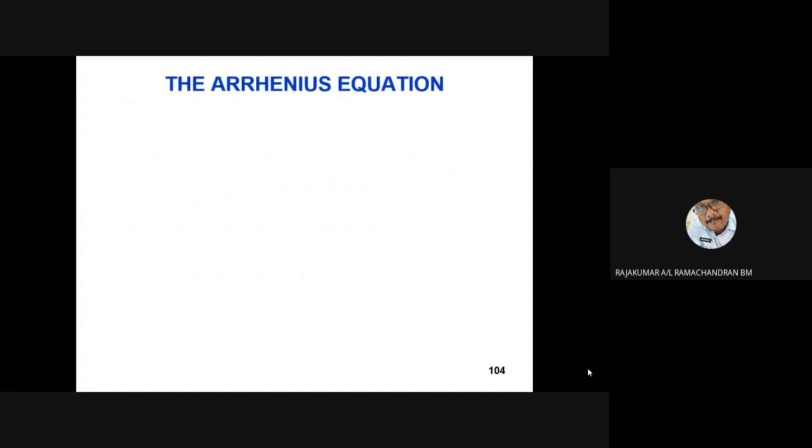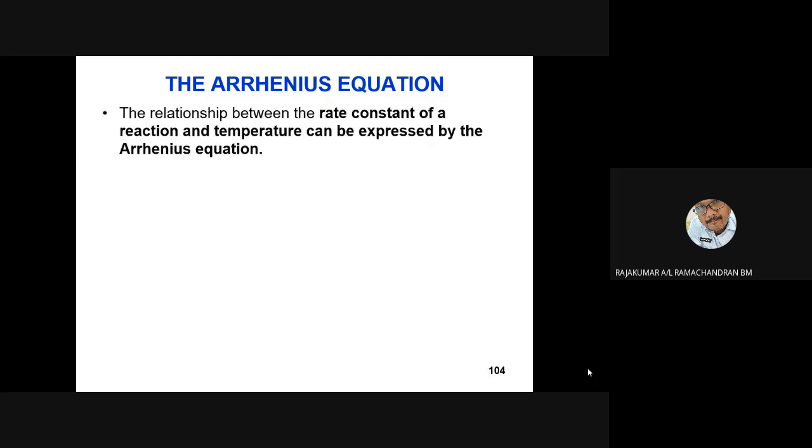Okay, the last part of chapter 8, Arrhenius equation. The relationship between the rate constant of a reaction and temperature can be expressed by the Arrhenius equation. Ini dikenali sebagai Arrhenius equation. Kalau anda ingat lagi, masa saya terangkan